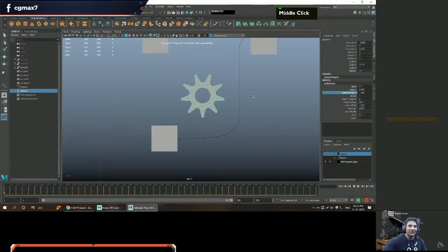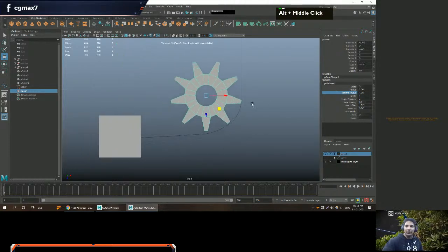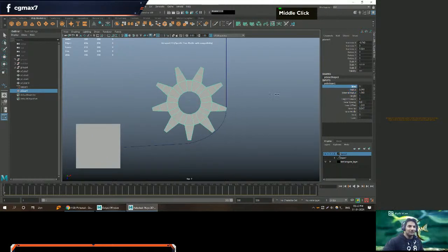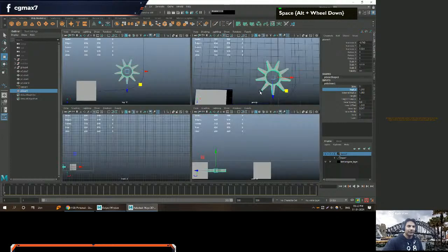Alright, let's give some inner radius. So I'm trying to figure out some kind of concept over here to make it look awesome. Let's change the radius. Let's see if we can find...